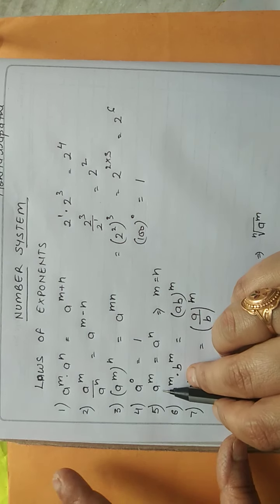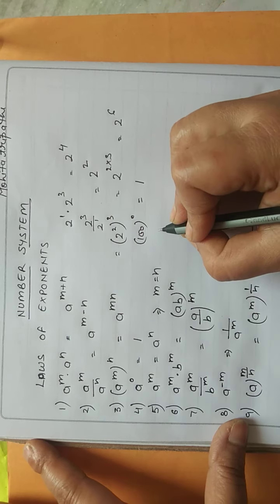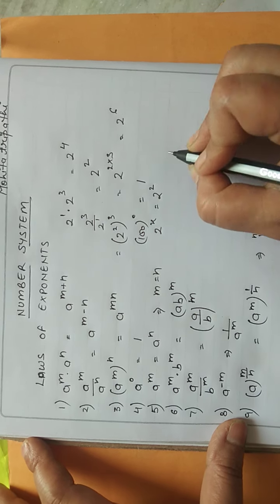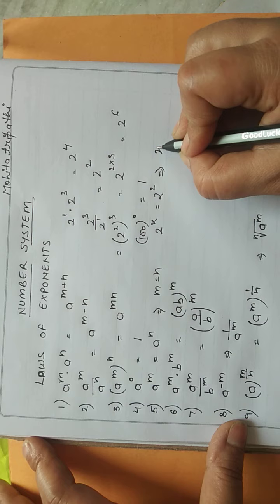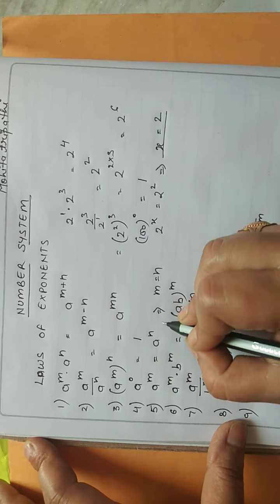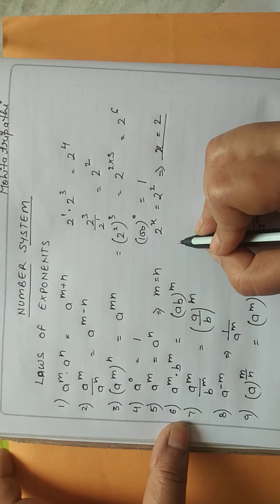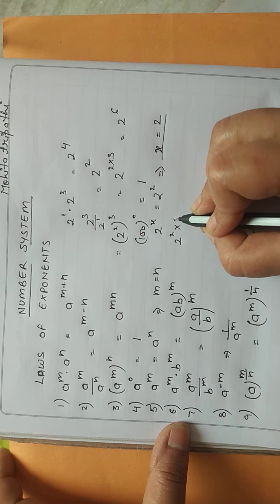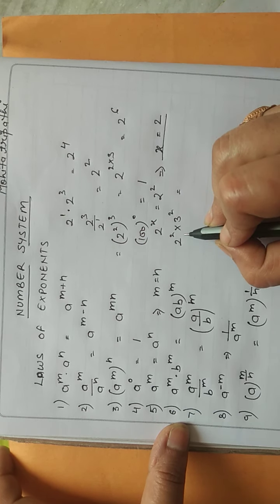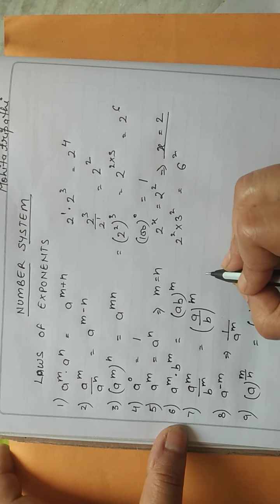Okay. Now, when bases are the same, powers are equal. What I mean is, if 2 to the power x is equal to 2 to the power 2, then what will be the value of x? It is equal to 2. I am trying to say that by this method you can equalize it. Okay. Again, when the powers are the same but bases are changed, like 2 to the power 2 and 3 to the power 2, what I tell you is multiply the bases, that gives 6. Power will be as it is.